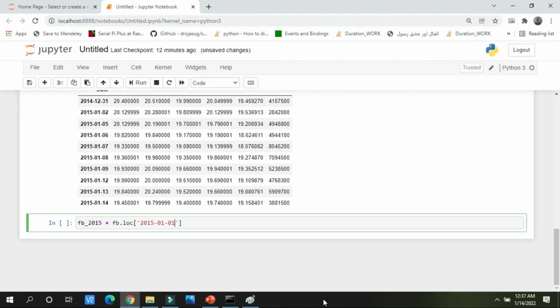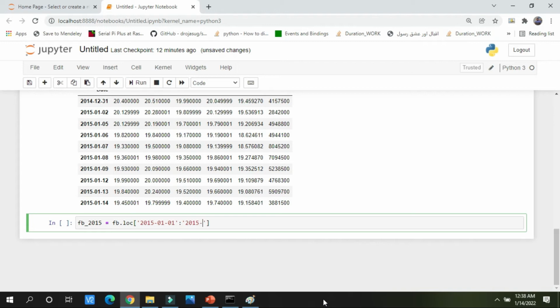I want to slice the data from 1st January of 2015 to, now I am using a colon, the whole of 2015, so I am slicing it from 1st January till 31st December.